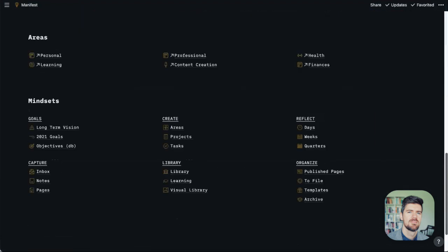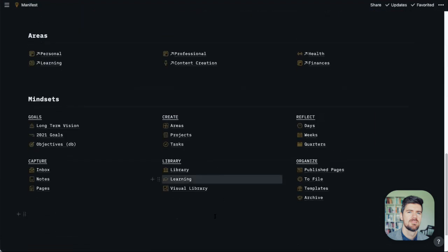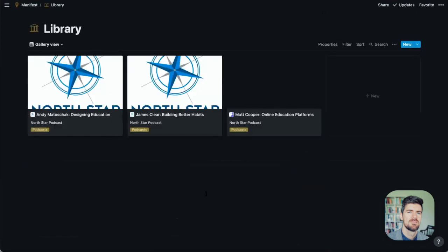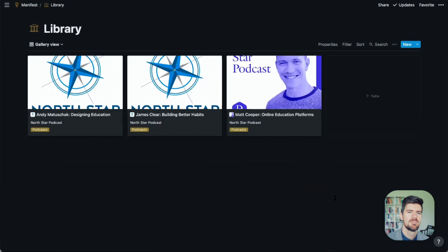And the last area we'll get into, so that if there are questions we can tackle those, is the library. This is a space that has an area to keep your books and podcasts. I was pretty into the North Star podcast by David Perell, which is pretty awesome.